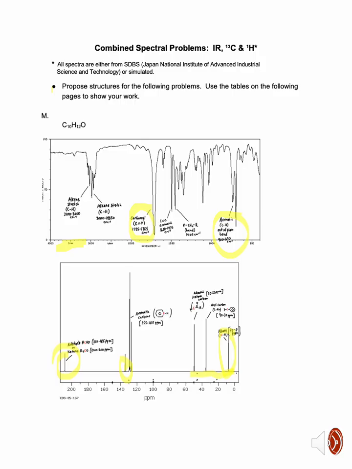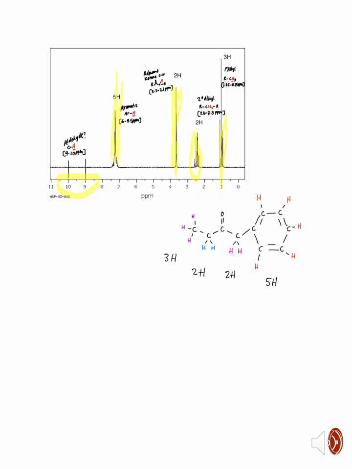Collectively, the C NMR is pointing to a ketone and benzyl in the proposed structure. The signal around the 9 ppm range right here is likely from an alkyl CH bond. So this C NMR is adding on to the idea that the structure contains alkane CH bonds, aromatic CH bonds, and a ketone. Now for our proton NMR graph we see right here, aldehydes typically have a chemical shift signal between the 10 to 9 ppm range, so right over here. So basically the absence of this further points to a